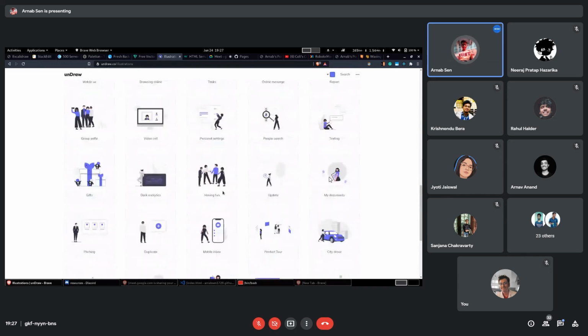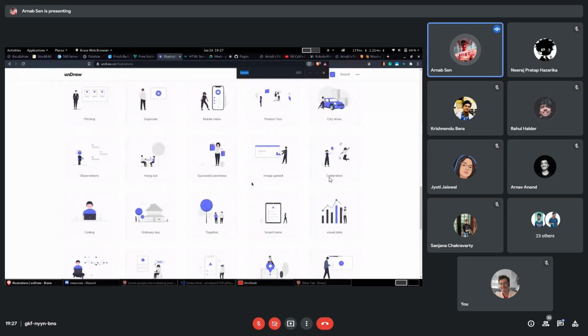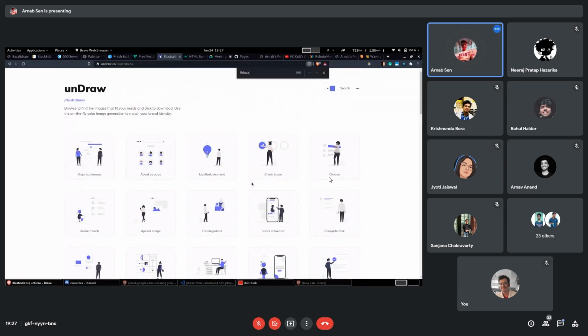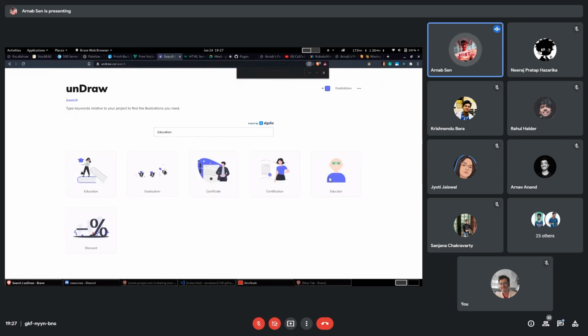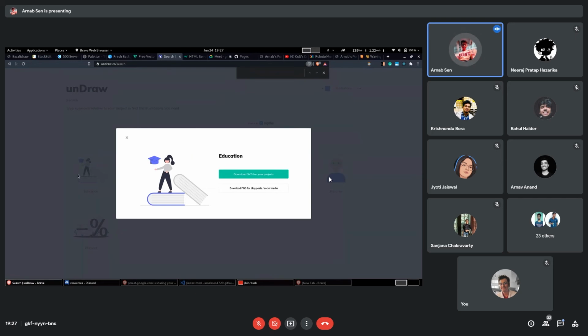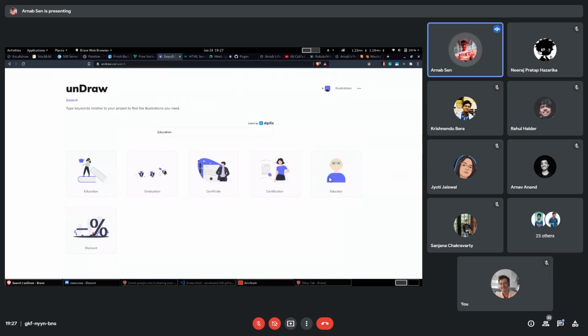So for education, there are certain things like, you can search, I guess. Oh, here's a search. So education, is there anything? Yeah, so if you make an education section, you can add this SVG, and then beside it you can put your education. You can also choose different colors from here, all of these are SVGs.